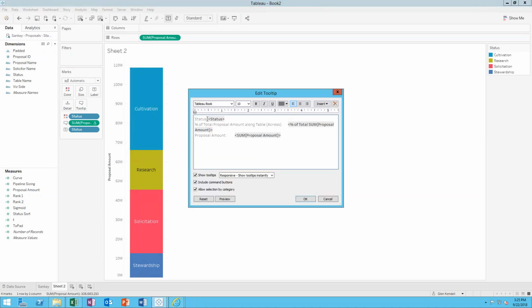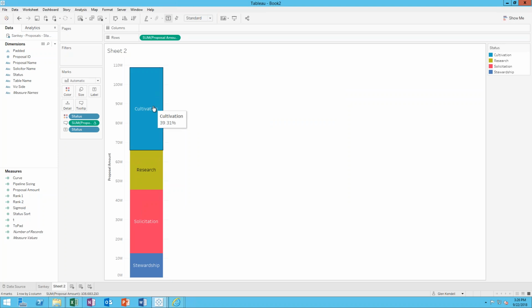And then on the tooltip, we'll format this. So that way when I mouse over it,